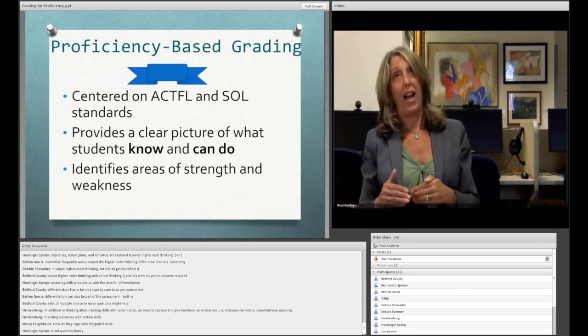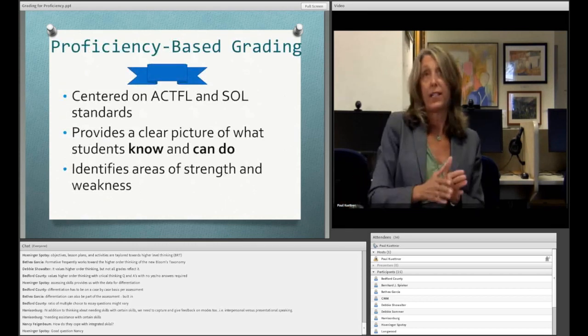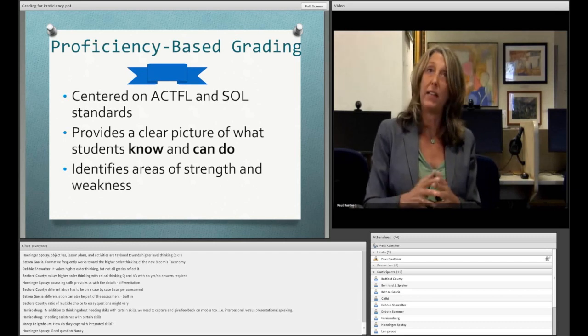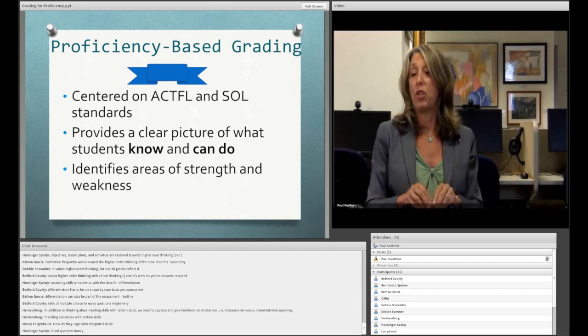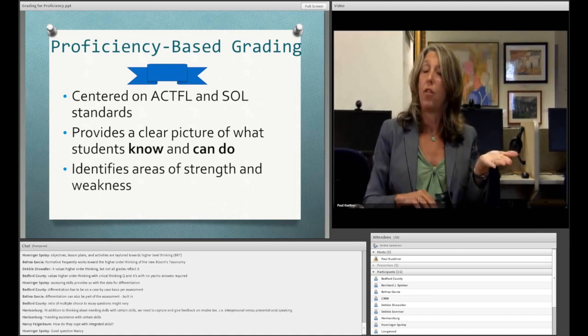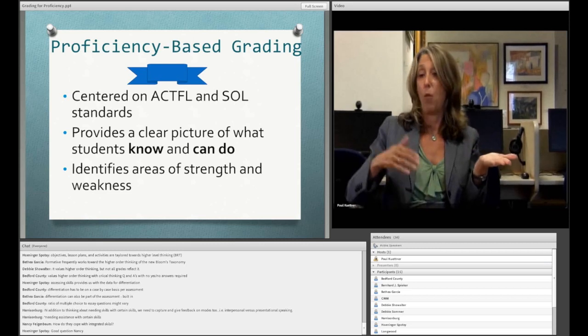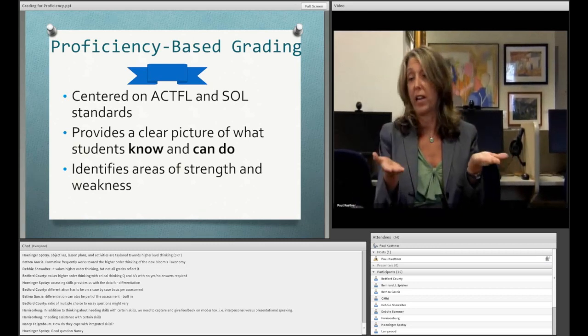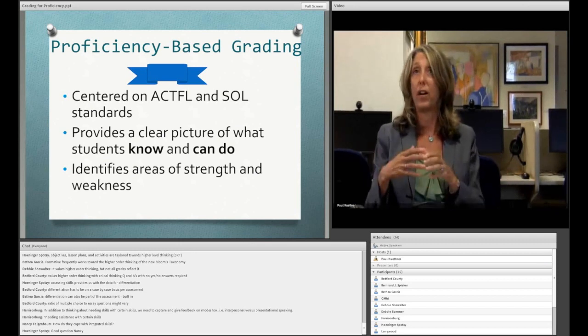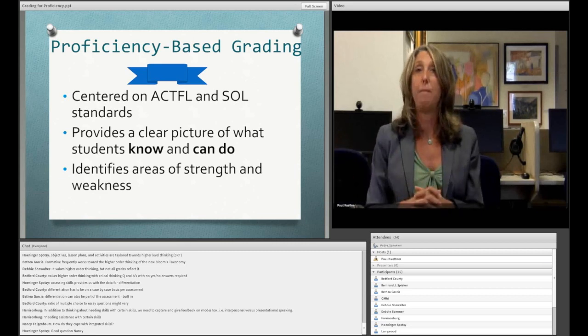So I would advocate proficiency-based grading, which is standards-based grading. It's centered on the ACTFL standards and our SOLs. And it is skills-based because it shows what the students know and can do. For example, they may know the numbers from 1 to 100, and what they can do with it is ask and answer age, or ask and answer telephone numbers, or whatever it is you want them to do with that. And it may identify an area of strength and weakness if the student has that,